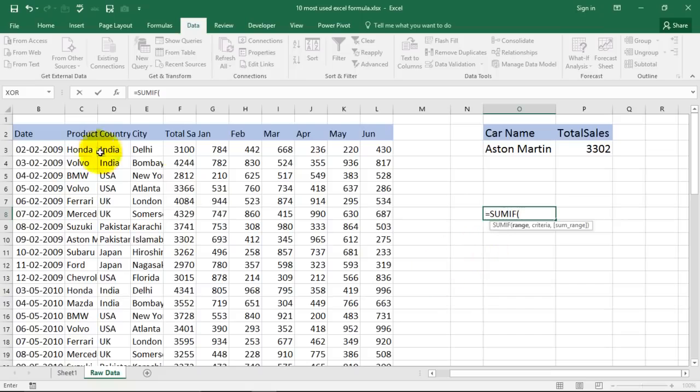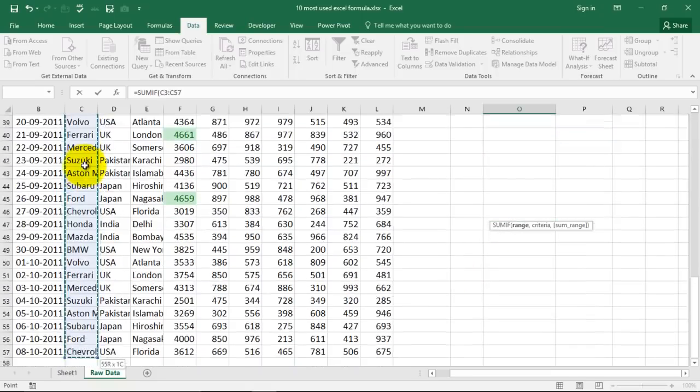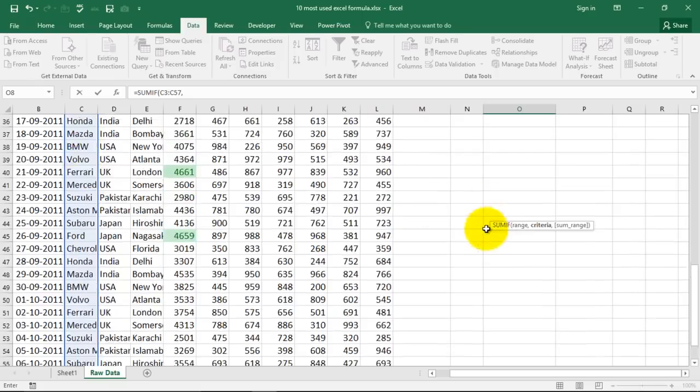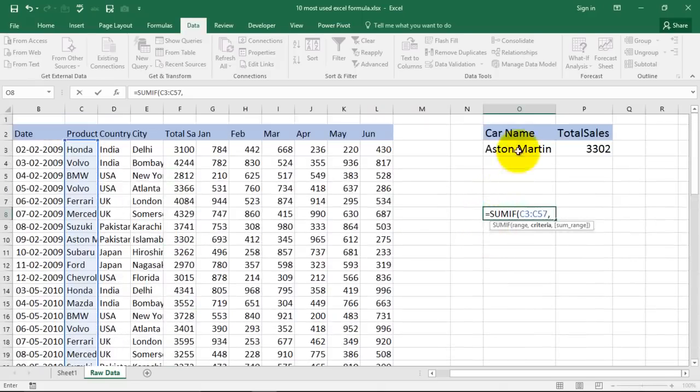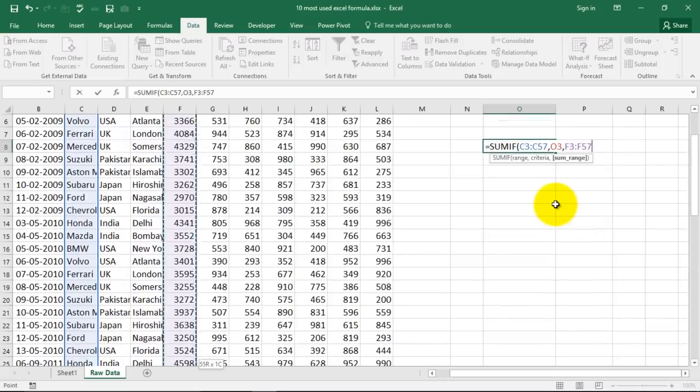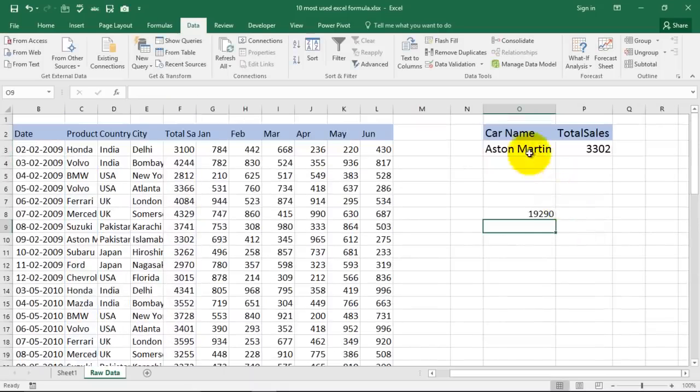So what will I do? I'll select this area, this range. This range is the one which contains the criteria, and then I can have my criteria mentioned over here. This can be my criteria, or I can even type it in, comma, then the sum range. Which range do we want to total up? This is the range that we want to total up. I selected it, and now I'll close my bracket, press enter, and for Aston Martin, the total sum is